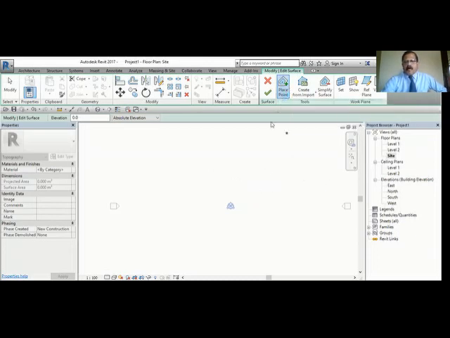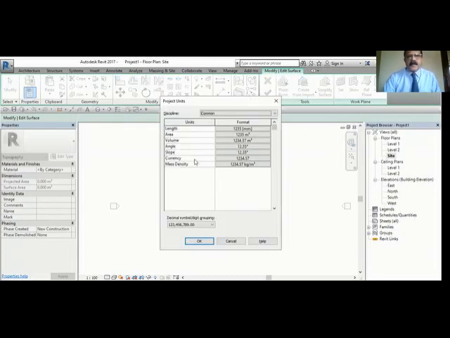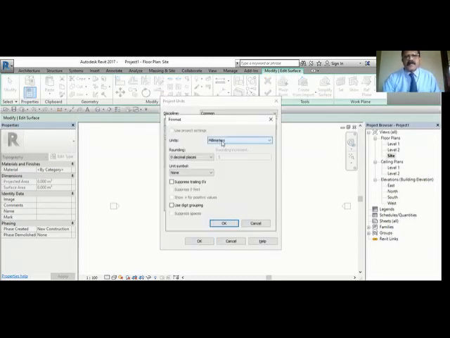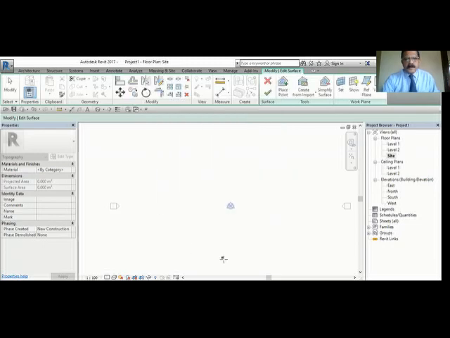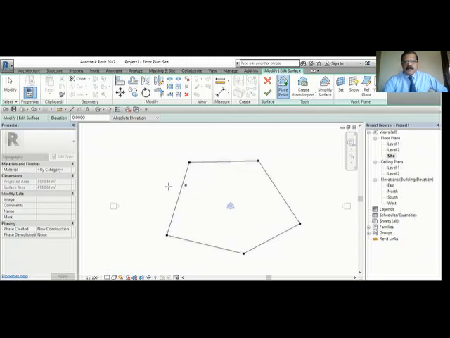That means I'm going to show points and draw the surface. Before starting, it is better to set your units, UN, and I will select meters. Decimals, I will give about 2 decimals. Okay, so you are ready to draw the topo surface now. So place point. You see here, elevation is given here as 0. That means that it is flat now. If I click a few points here, you can see that, and I will say okay.